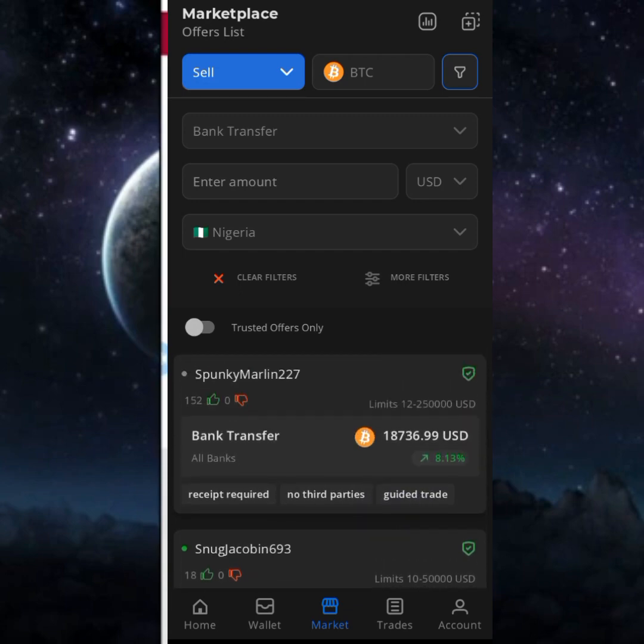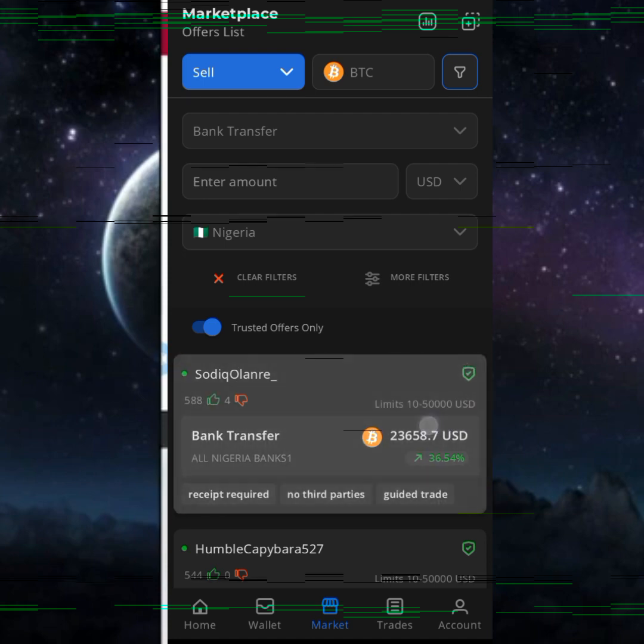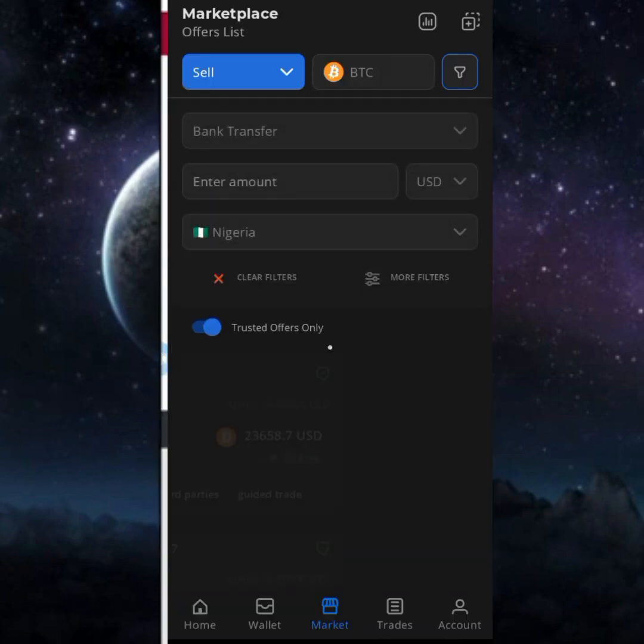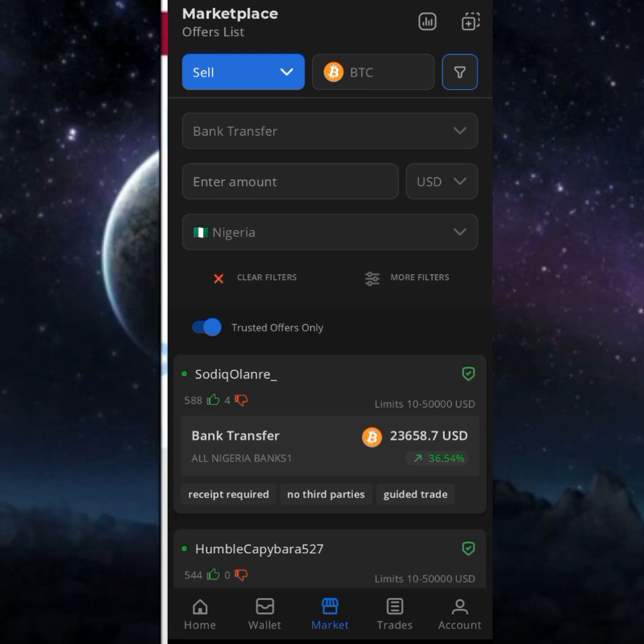If you want to put verified merchant only, you're going to see what they're offering here. This one is offering, the limit is 10 USD. This one is offering from 10 to 50,000 USD. So that is what this guy is offering. You can equally change here to worldwide, but I don't want to change it to worldwide, so I'm okay with this bank transfer, so I can click on this guy.